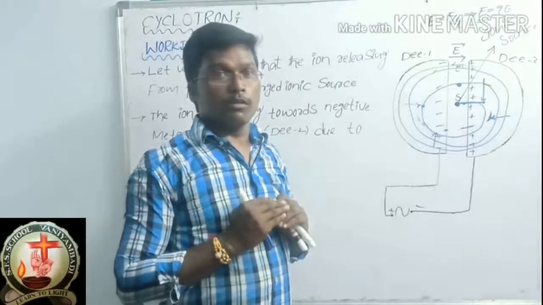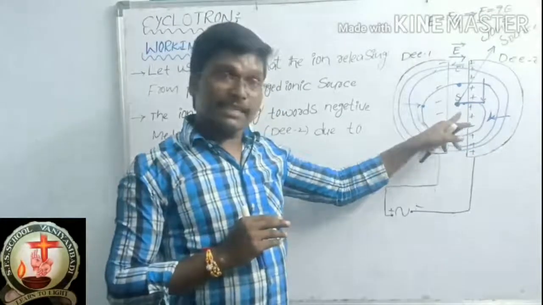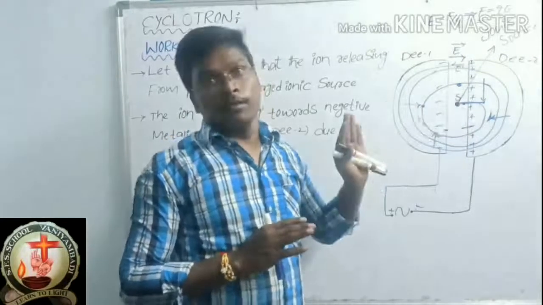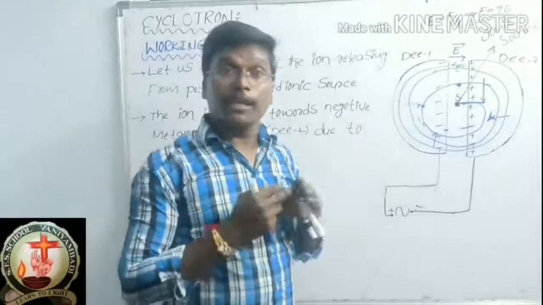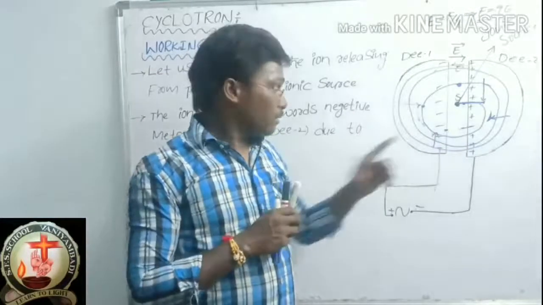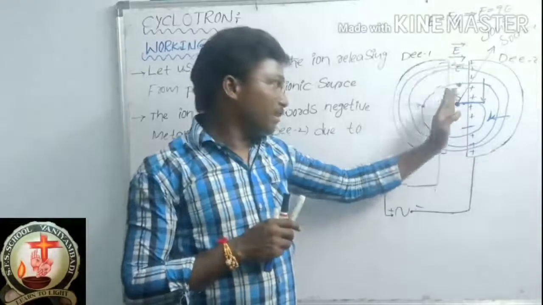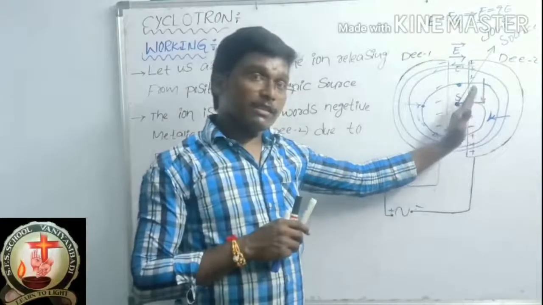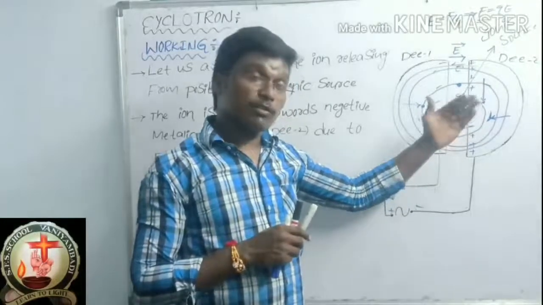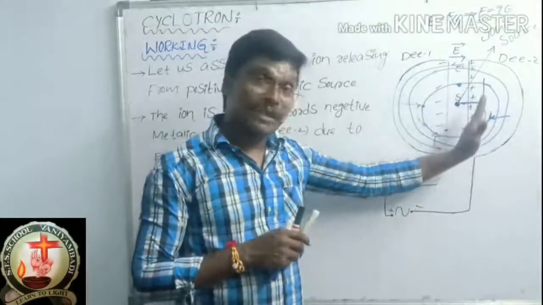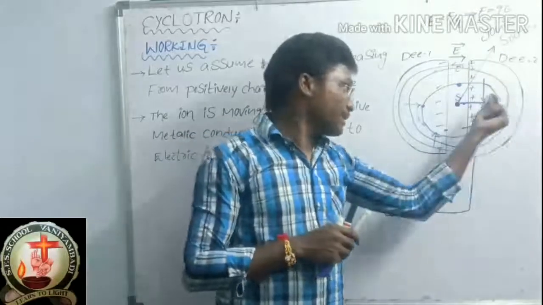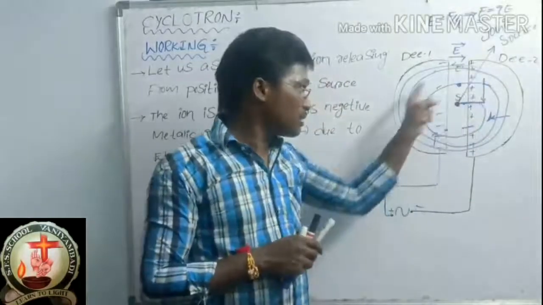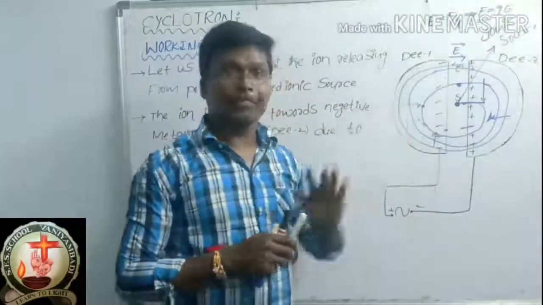I hope you understood. Whenever the ionic source is releasing a positive charged ion, what happens at that time? Because of this electric field, this ion moves toward the negative terminal. Whenever the positively charged ion enters the second D, its velocity is in this direction and the magnetic field direction is inside. So force will act on the charged particle. Continuously that procedure will happen.